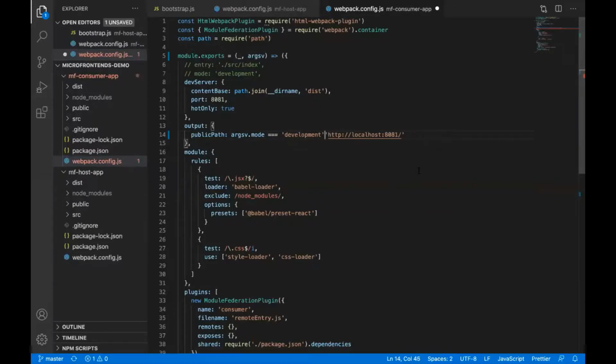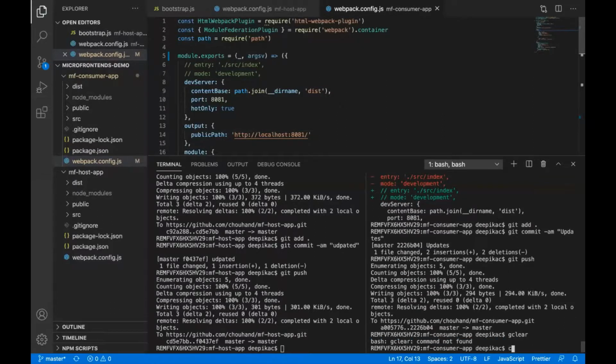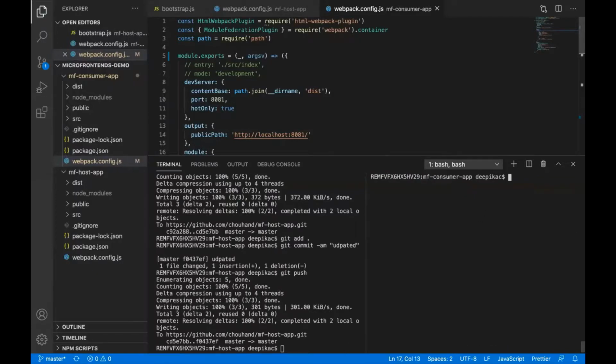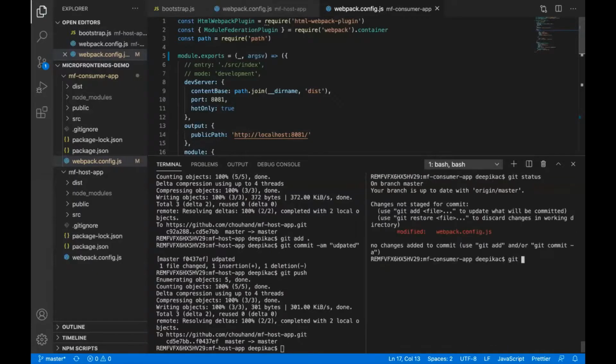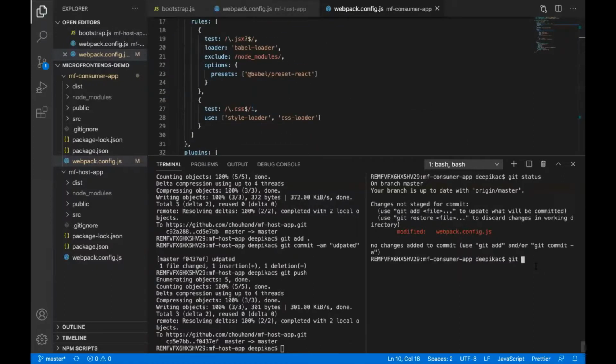But one thing is we didn't push it, so let's push this one also and deploy it. Clear. Git status. What did I update? I have made it a function only. Commit.